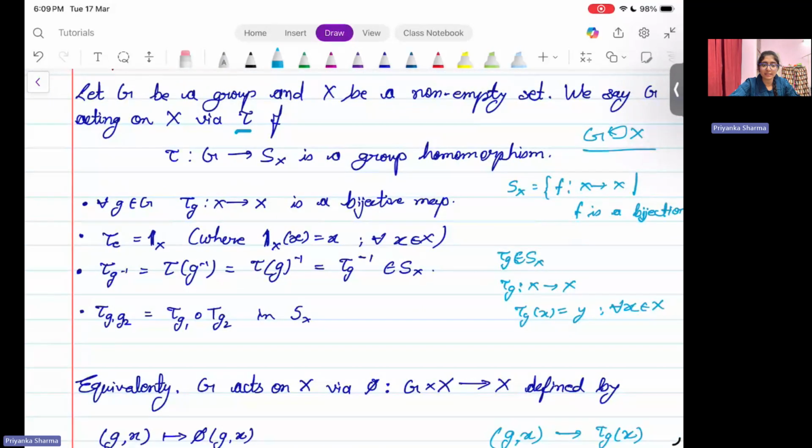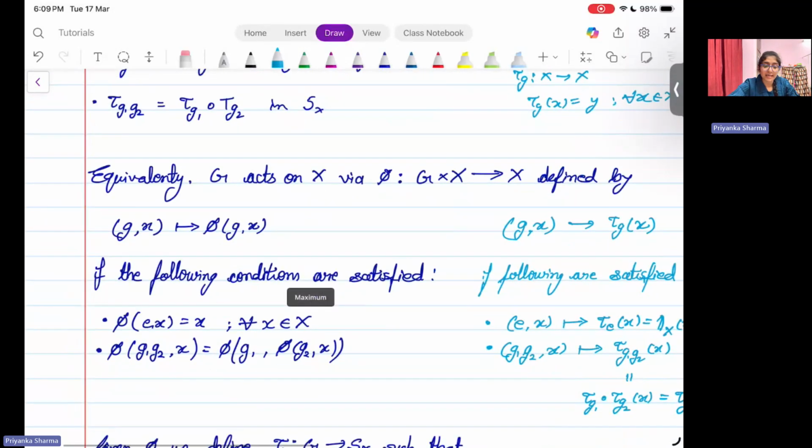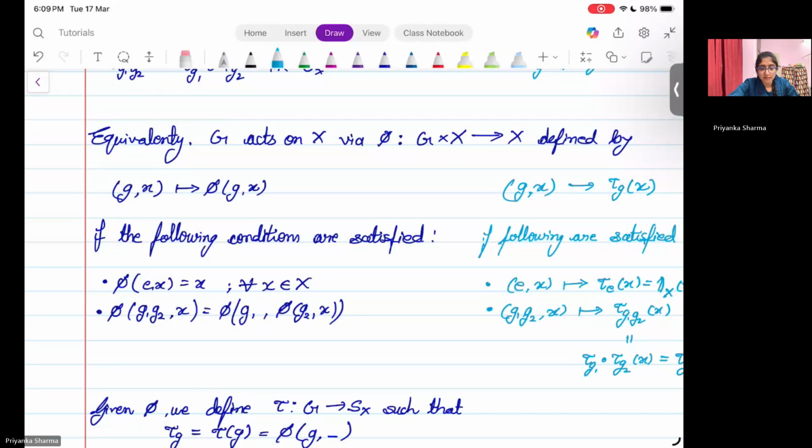That is, tau E is identity on X. So this is equivalent to saying that phi of E comma X is X. That is, if we take the identity element of the group G and any element X from the set, and we perform the group action, which is phi, then we get the same element X in the set capital X. So this is the first condition for a map on G cross X to X to be a group